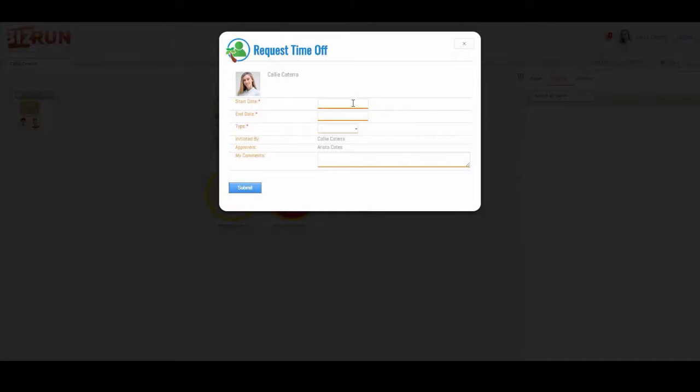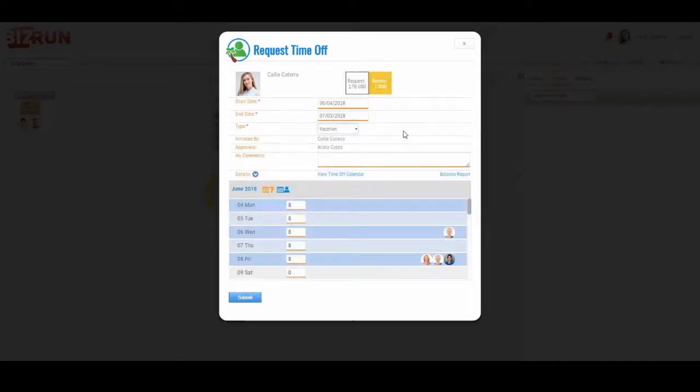From a start date, I want to take off from June 4th, and I have a lot of time off in my bank of hours, so I'm going to take off quite a bit of time here. I'm going to go from June 4th through July 3rd. The type is going to be vacation. Now the system is calculating, saying, hey, you've requested 176 hours,